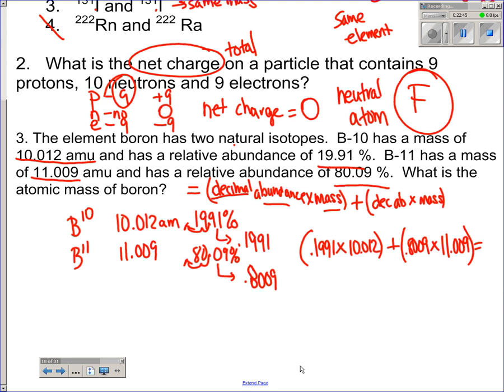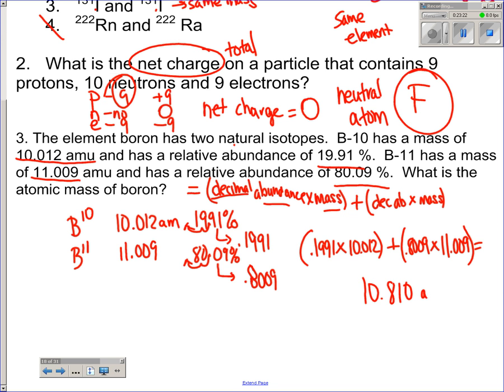So when you type this into your calculator, you want to make sure you use parentheses appropriately. So I'm going to make sure I put my parentheses in exactly as I wrote them down. So I have parentheses 0.1991 times 10.012. I'm going to close my parentheses, and then I'm going to push plus, and then do another parentheses, 0.8009 times 11.009, close my parentheses, and I got